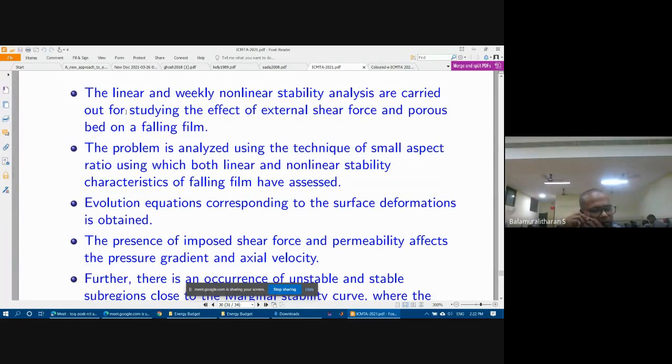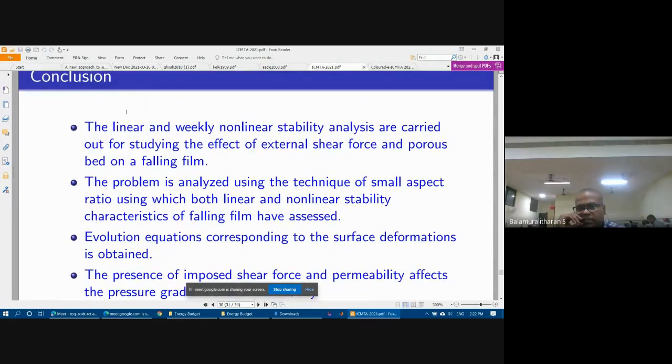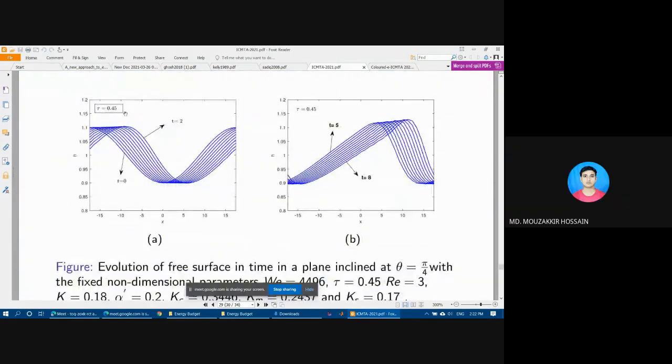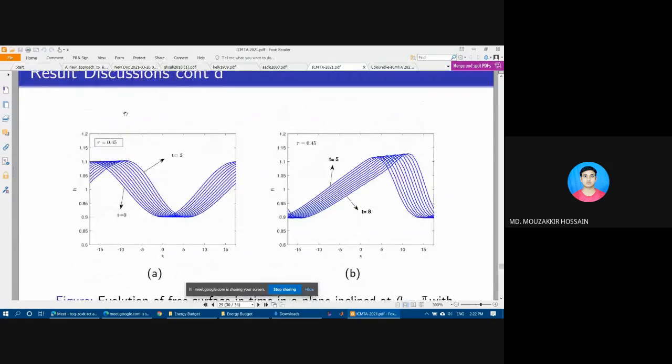Do you have any range in H? Actually, I have to find this H, from 0.1 to 1.2. But basically, sir, this is the amplitude. This H, along the x-axis, is nothing but the amplitude of the perturbation. Just see my cursor. This is the amplitude, and this is the free surface.